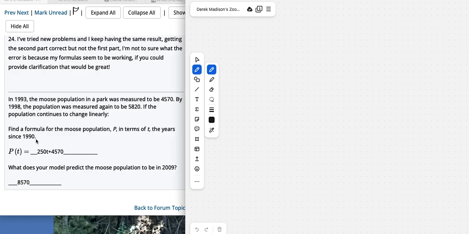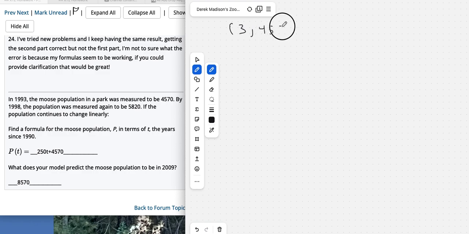So we don't have the population for 1990. We could get it fairly easily by just subtracting 750 off of it, because it's going to be that slope backed up 3 years. But let me show you a little more general way to solve it. So if we're doing years since 1990, 93 would be, the input would be 3 years, because that's 3 years after 1990. The population would have been